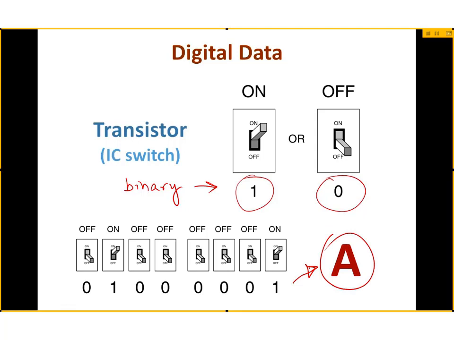Now, if you can get a large number of people to agree on what that standard representation for the capital letter A is, we now have a simple way to communicate with each other and communicate with the computer in a standard way by having a capital letter A always represented by this particular set of switches. And in fact, these types of conventions have been established for computers. One of the common conventions is known as the ASCII code,